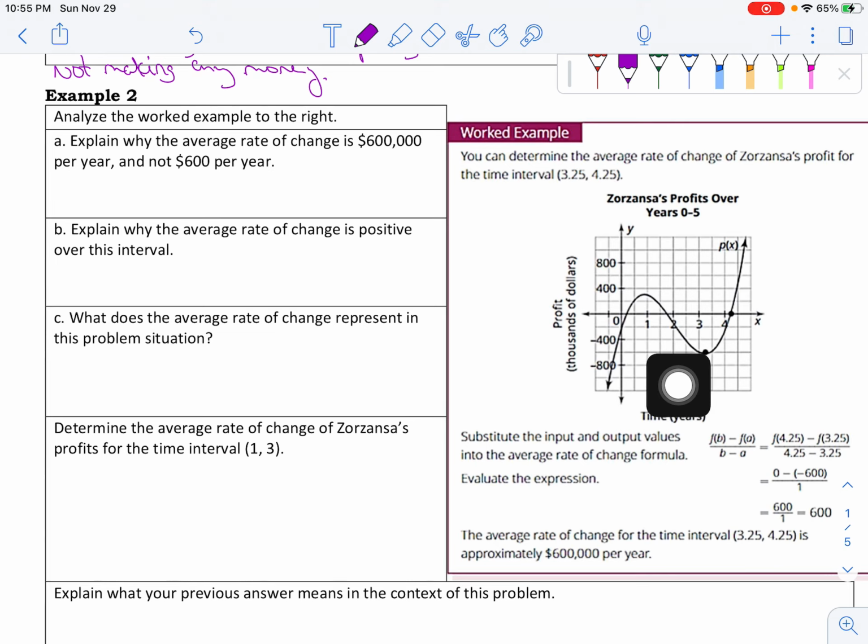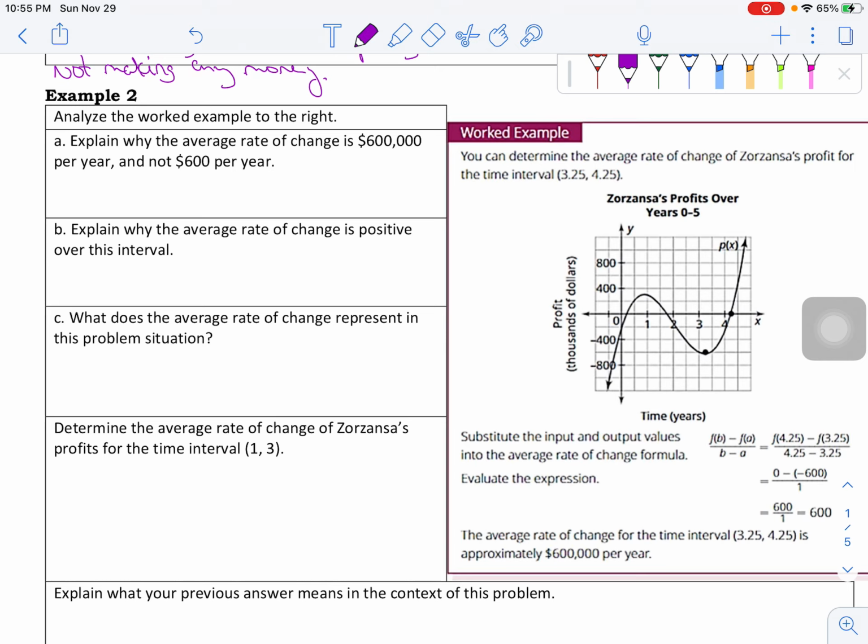So from this little dot here to this little dot here, the average rate of change is 600. So the sentence at the end says the average rate of change for that time interval is approximately $600,000 per year. And the very first question says, explain why the average rate of change is $600,000 per year and not